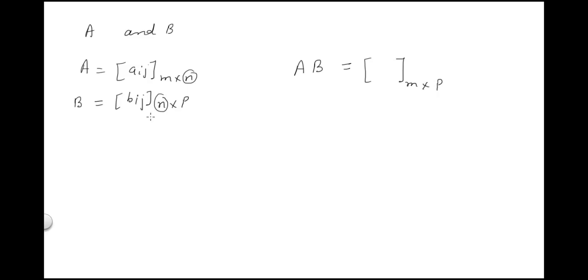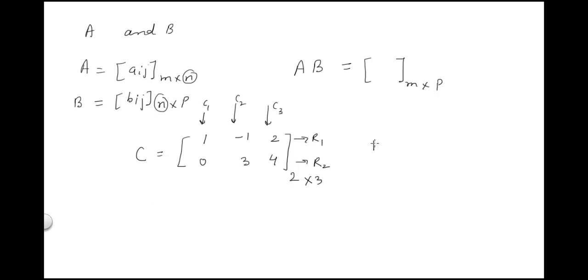Now suppose I give you an example. There is a matrix C, and the elements are 1, -1, 2, 0, 3, 4. What is the order of this matrix? If you see, 2 rows and 3 columns. So I'm again repeating, these are rows R1, R2, and these are columns C1, C2 and C3. So the order of this matrix C is 2 cross 3.